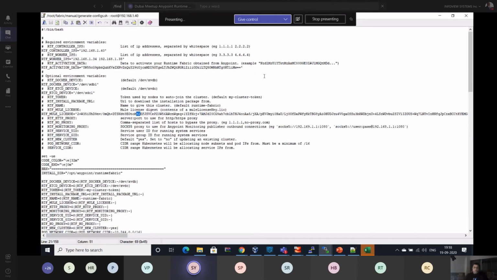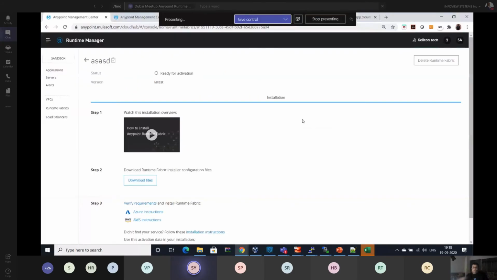No, I am using it because my organization has the platinum subscription, so I have access to this license. This license allows you to install Runtime Fabric on the environment. Not all licenses are capable of that. If it is a select license or other license, they are not allowed to configure Runtime Fabric on a server.